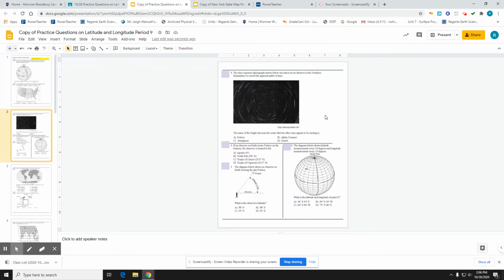Next page. The time-exposed photograph shown below was taken by an observer in the northern hemisphere to record the apparent path of stars. What's the name of the star in the center? That would be Polaris. Polaris doesn't move as all the other stars appear to rotate around Polaris, or revolve around Polaris, rather. If an observer on Earth views Polaris on the horizon, the observer is located at the equator. So number 4, the horizon would be a 0-degree